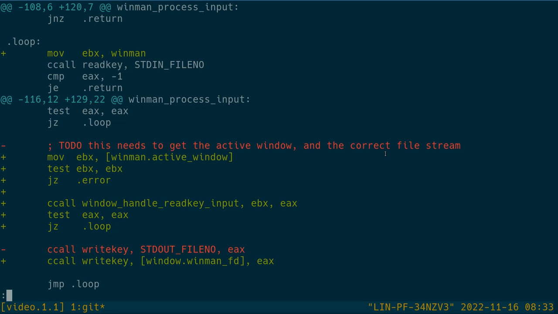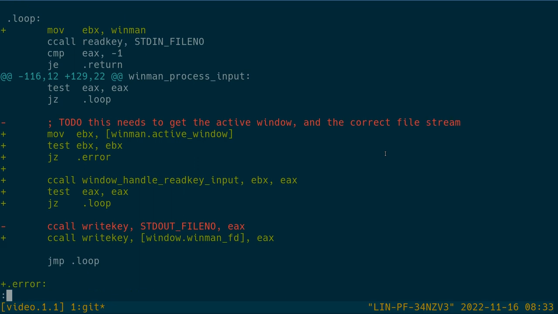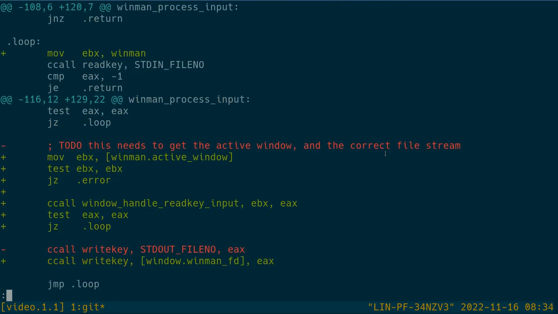And what else do we have? We also have this process input, which is reading an input from the keyboard, and then it is processing it in the window manager to work out, hey, which window should I send it to? And currently,